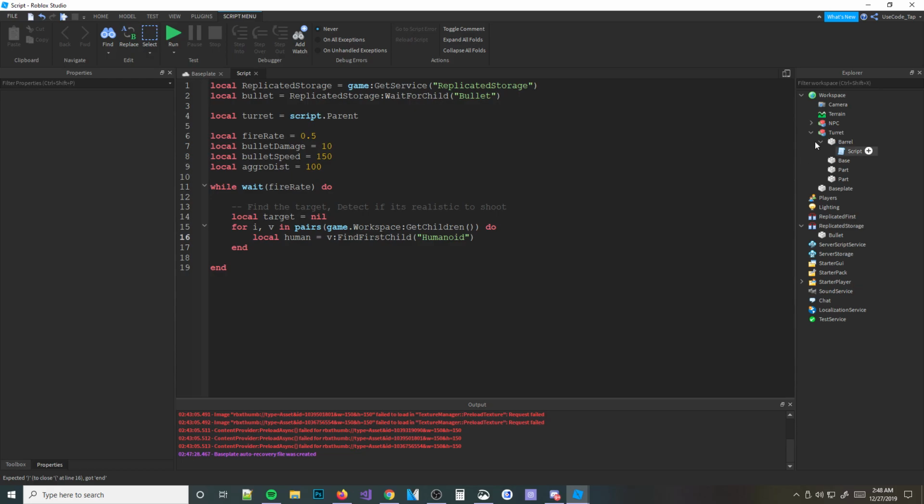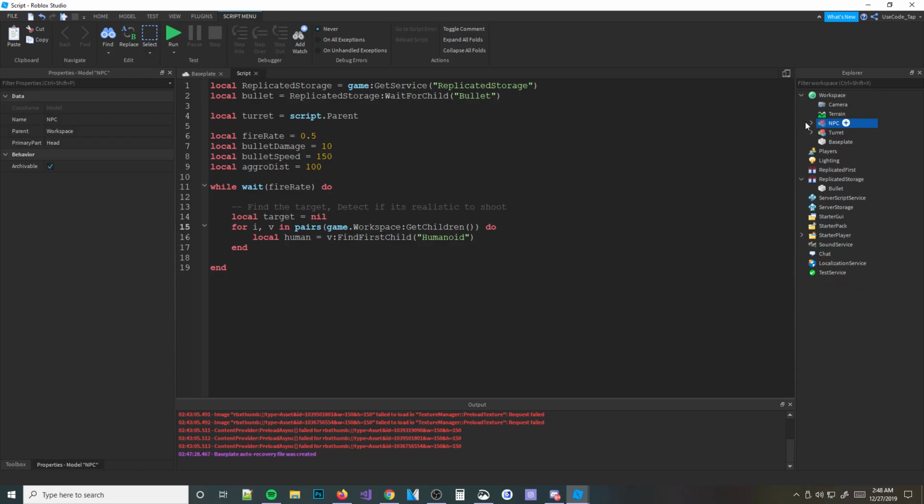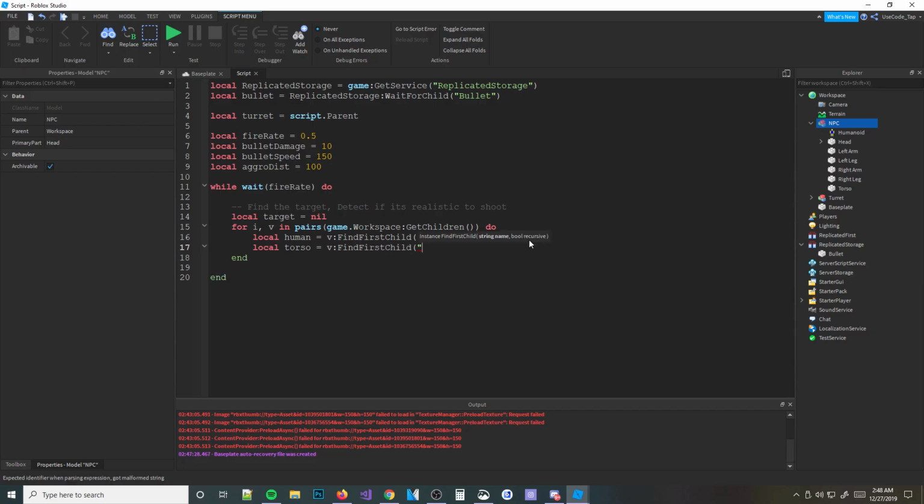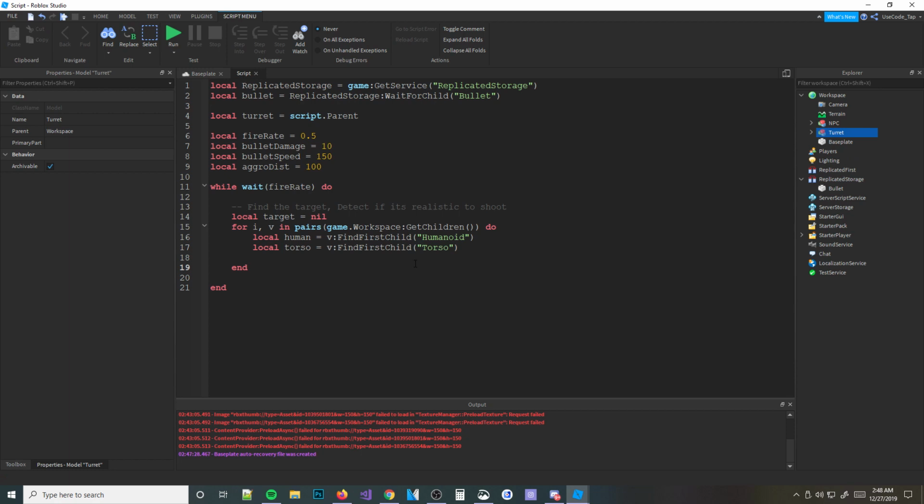Okay, so let's say it finds the NPC, so it'll do NPC or NPC.findFirstChild humanoid, and then it'll do torso v.findFirstChild torso. Okay, and then we want to make sure they exist, because right now it can loop through anything, right? It can loop through the turret and look for it, but obviously it might not actually have it. So we'll do if human and torso, and also we're going to do and if we'll do and human dot